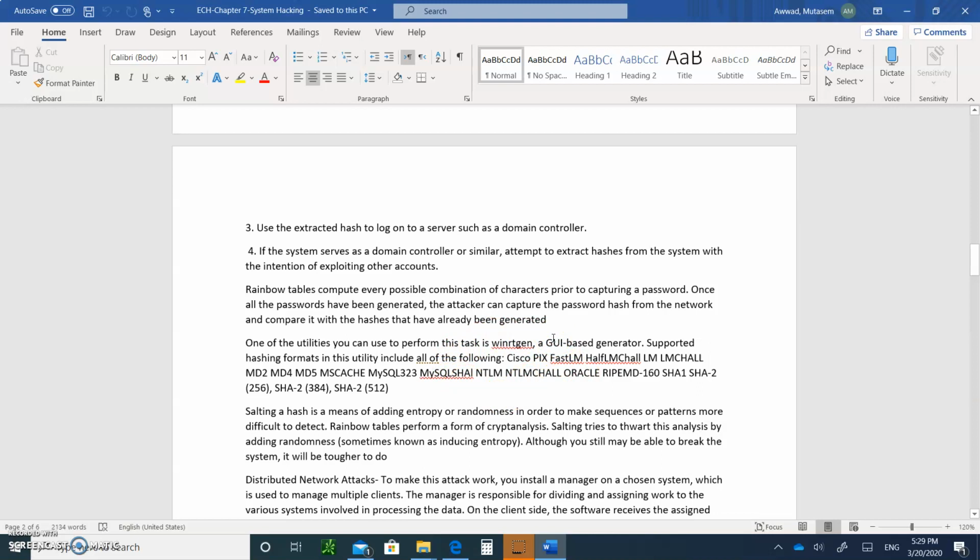So all of these are different types of hash programs for passwords. And WinRTGen will generate hashes for all of the passwords. So you can have all of these different passwords generated. So it doesn't matter how strong your password, how long, or what the type of hash algorithm, you'll be able to crack it. The only way to protect against it is to make sure that your password is